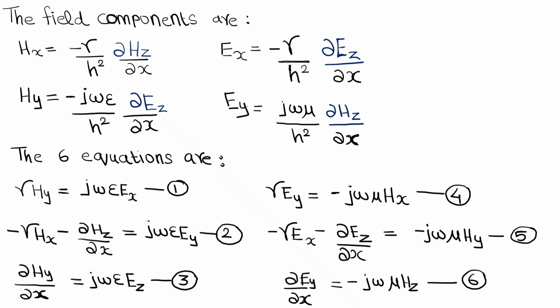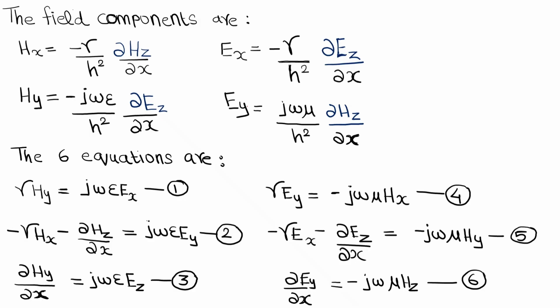and Ex equal to minus gamma upon h square dou Ez upon dou x. Hy equal to minus j omega epsilon upon h square dou Ez upon dou x. Ey equal to j omega mu upon h square dou Hz upon dou x. So these equations are derived from the 6 equations, that is gamma Hy equal to j omega epsilon Ex, minus